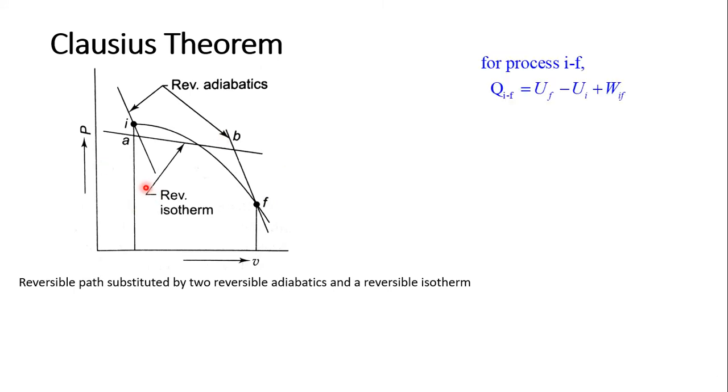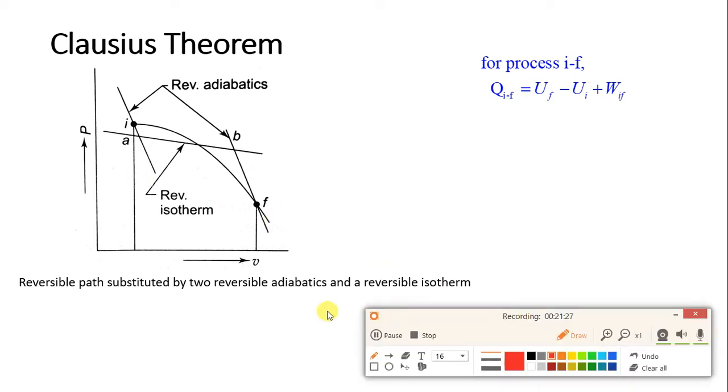From the first law of thermodynamics applied to a process, what equation do we have? Let me write down the equation. Delta U is equal to Q minus W. So what can you write as the equation of Q? Q will be equal to delta U plus W. This equation you will get. So this same equation of Q we have to apply.